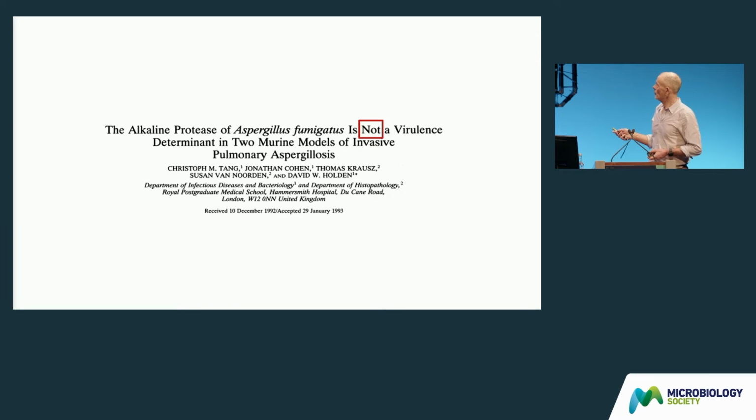And so the word "not" features in the title and was to subsequently become quite a frequent word over the next 3 or 4 papers, where we made more and more mutants on what we thought were plausible virulence determinants, like restrictocin, which is a potent toxin, and made double mutants. But again, you can see that we were unable to see significant differences between the mutant and the wild type. So this all involved a lot of work and a lot of time,